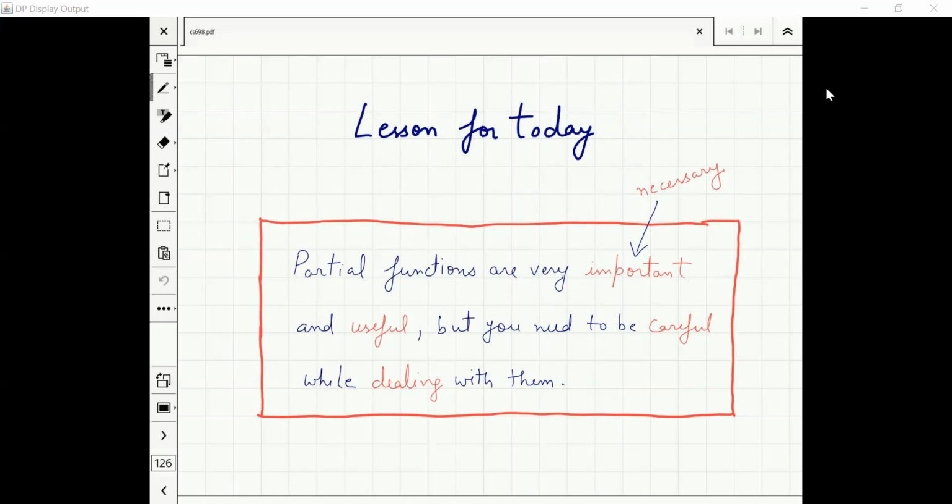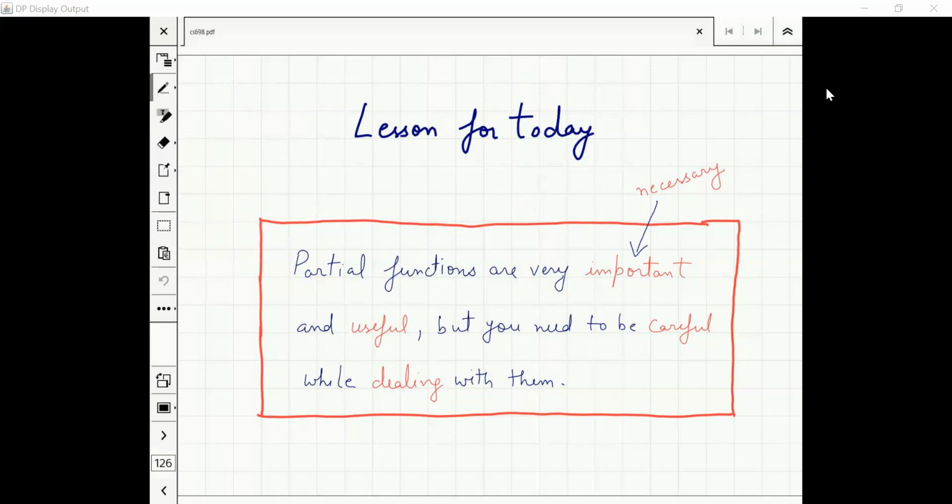But partial functions are different than total functions. That means when you apply the same arguments to partial functions, you need to be careful. You might tend to make mistakes. So for the rest of the lecture, we will take cases where some theorems, some properties will be true for total functions, but for partial functions, they will not. And whenever we make an argument, whenever we give a proof of a theorem, remember that many times an argument that obviously works for total functions might not work for partial ones.